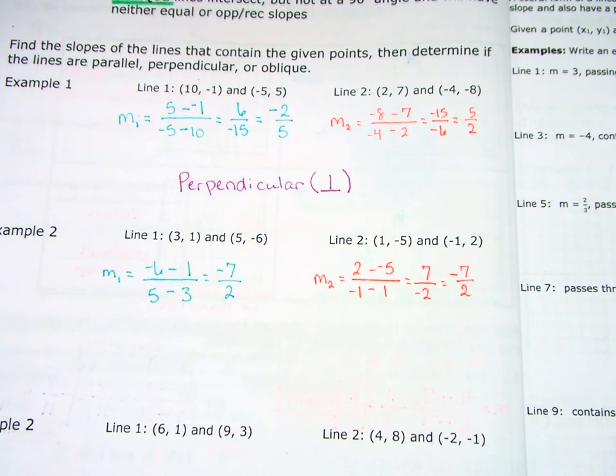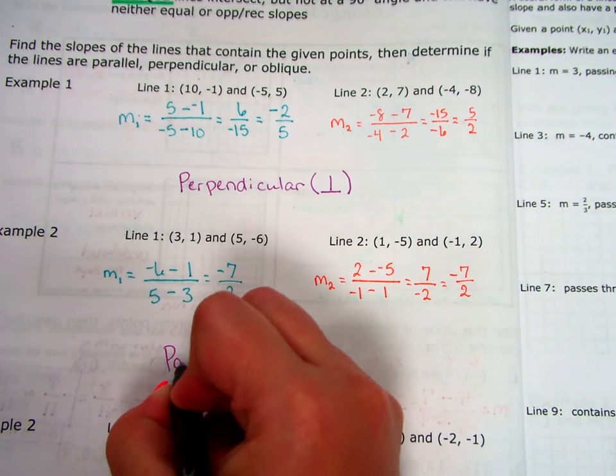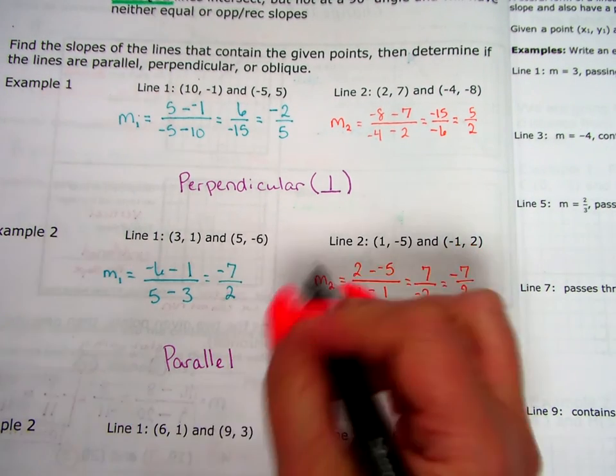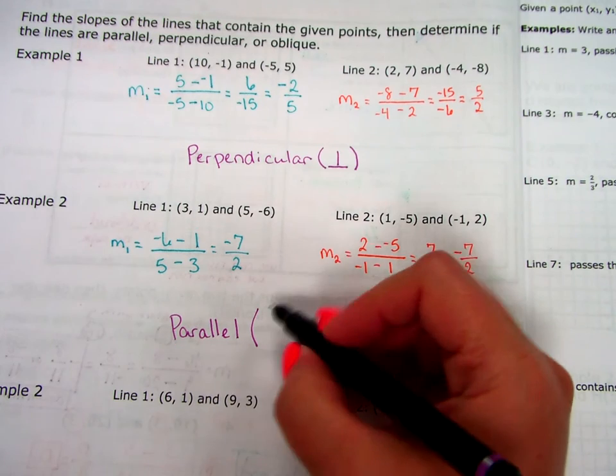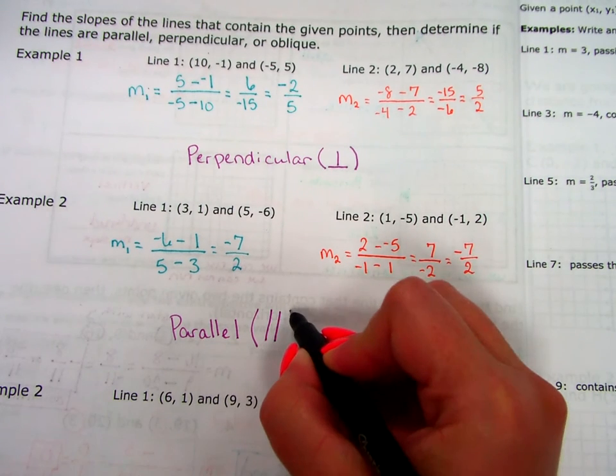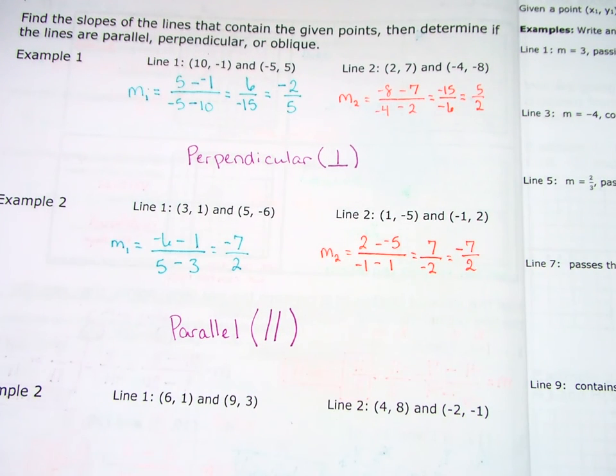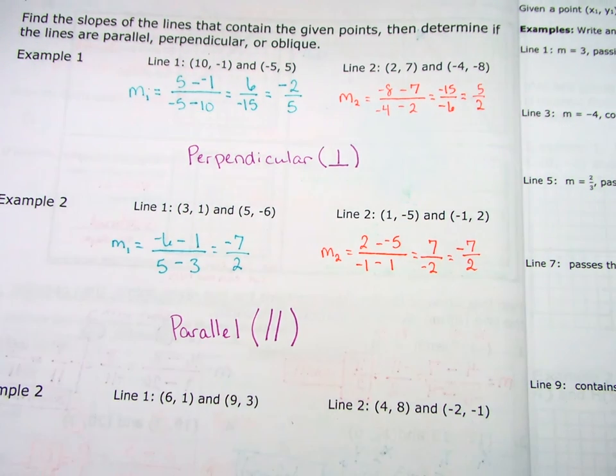Are my slopes exactly the same? Yeah. So that means these lines are parallel. We haven't talked about the symbol for parallel because we haven't really looked at parallel lines too much this year. But the symbol is just two little parallel segments. Sometimes they're tilted a little to the right, sometimes they're straight up and down depending on the textbook or the worksheet that you're looking at. When I do them in writing, I usually lean them a little bit so they don't look like one. Okay? All right, and then our last example,